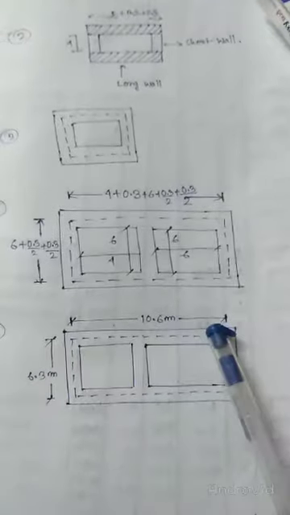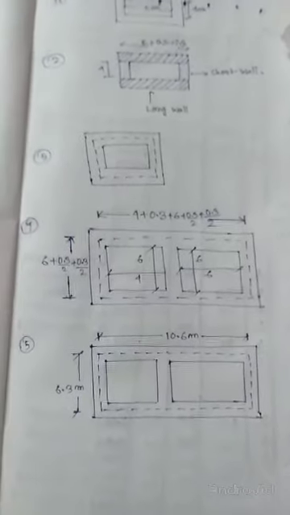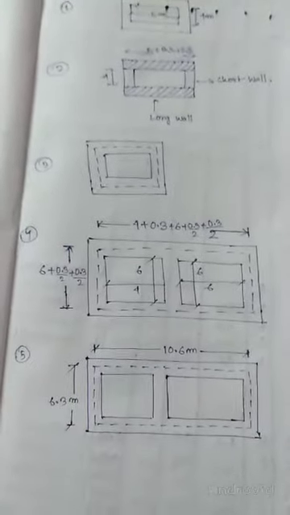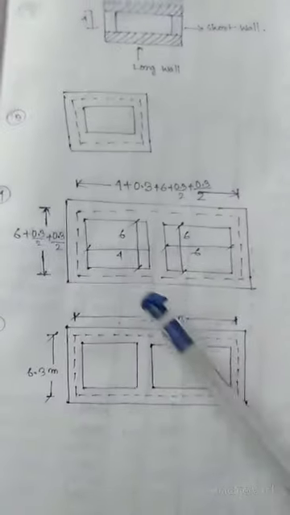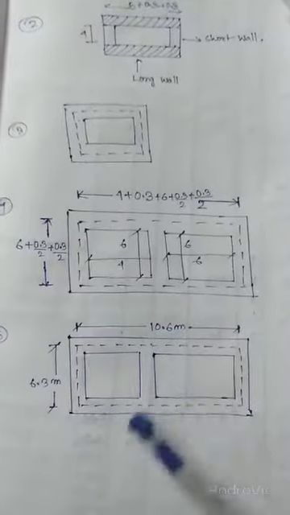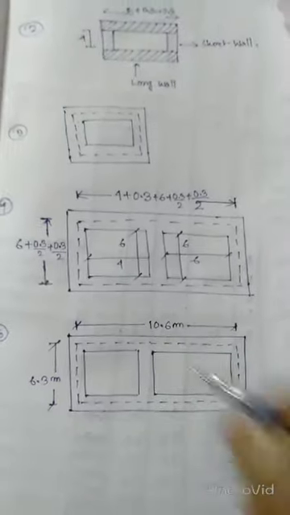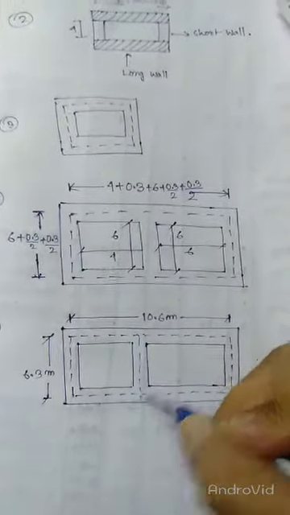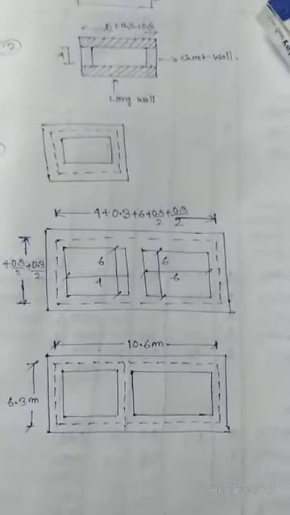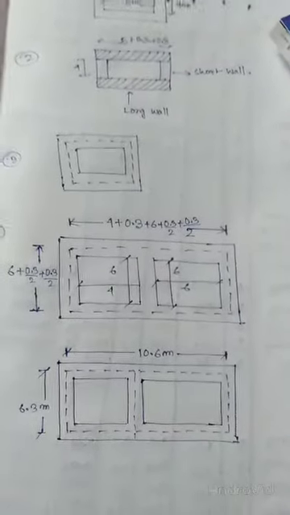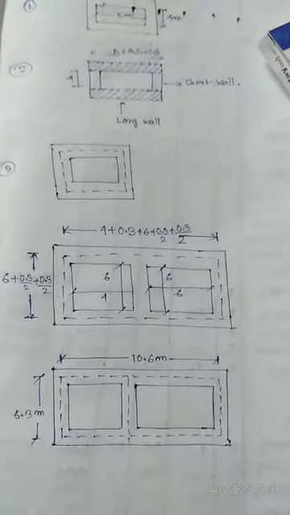Center to center distance for the long wall is 10.6 meter and for the short wall is 6.3 meter. Now we need to know how many long walls and how many short walls there are. There we have two long walls, this and this, both are long walls, and we have three short walls. Okay, 1, 2 and 3. So these are the short walls. Keeping this in mind, we will be calculating further. Now we shall do the detailed estimation for the earthwork in excavation and the other 4 items, for long wall and short wall.